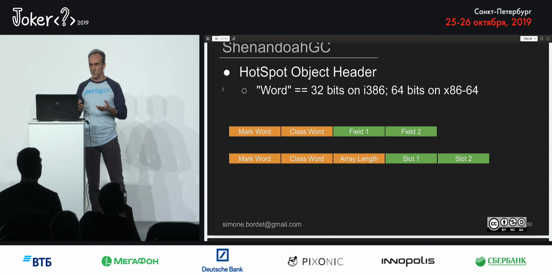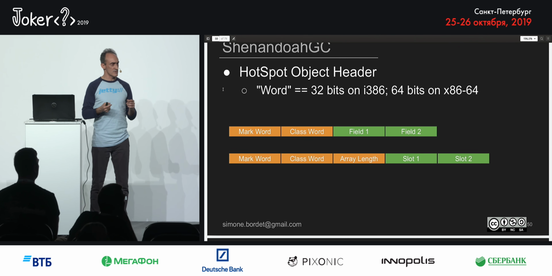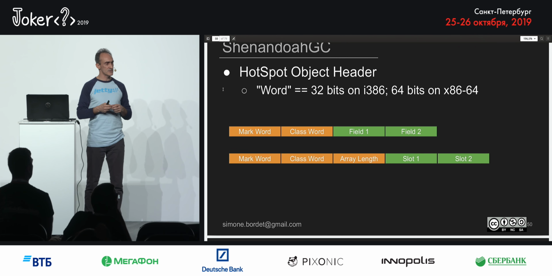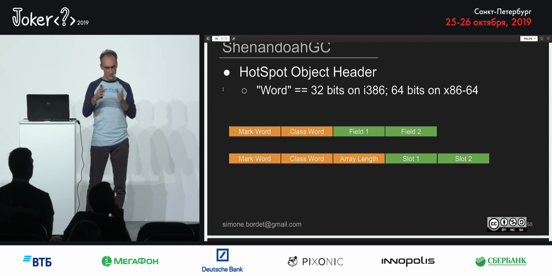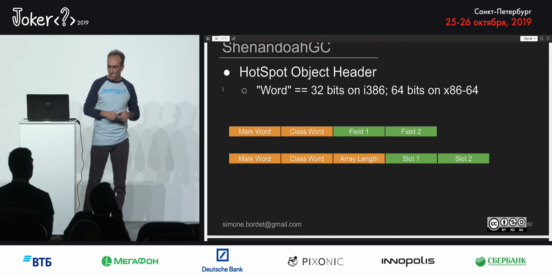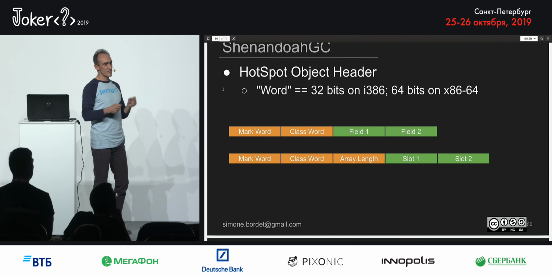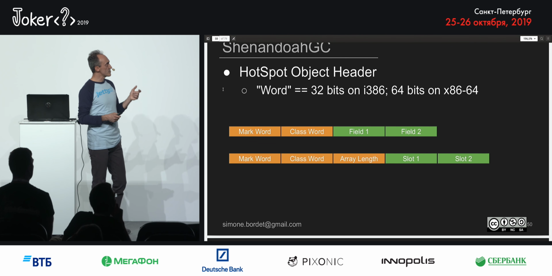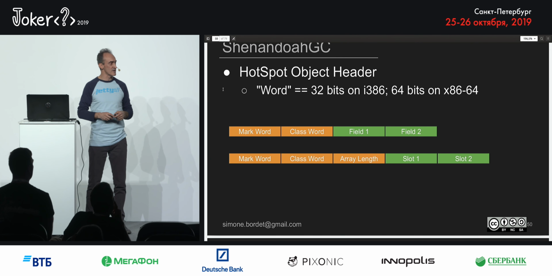This is a typical layout of objects in memory by HotSpot. Depending on the architecture, the term word means either 32 bits or 64 bits, right? So it's the size of a pointer, basically. There are two of these in HotSpot before every object. The first one is called the mark word, and it's actually used as a